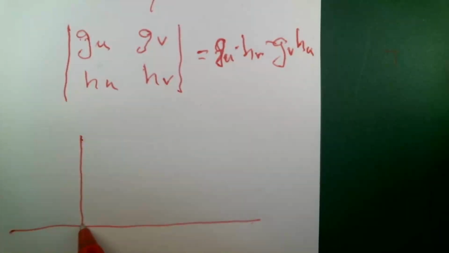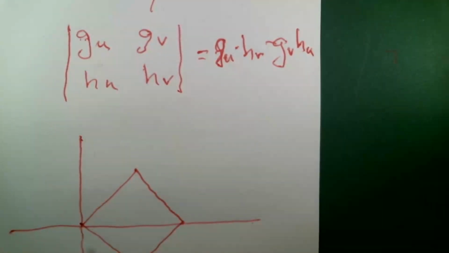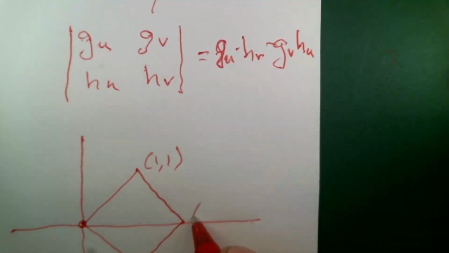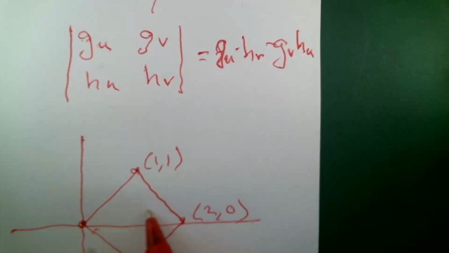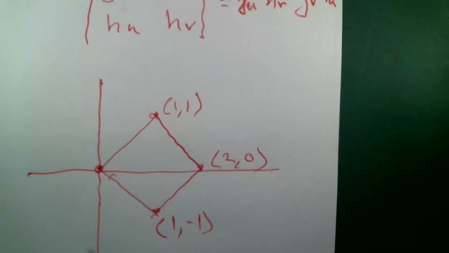If I had an integral where the region of integration was a diamond-shaped thing, it's actually just a square on its side. Right? So that's the origin. This is the point 1, 1. This is the point 2, 0. This one is 1, -1. The four corners of a square, though, aren't they? Each side length is √2, and you can think about the angles are all 90 degrees. Okay, so if I had to integrate over that region, well,